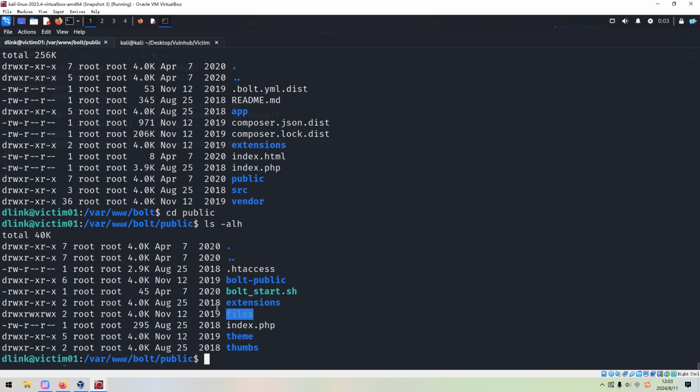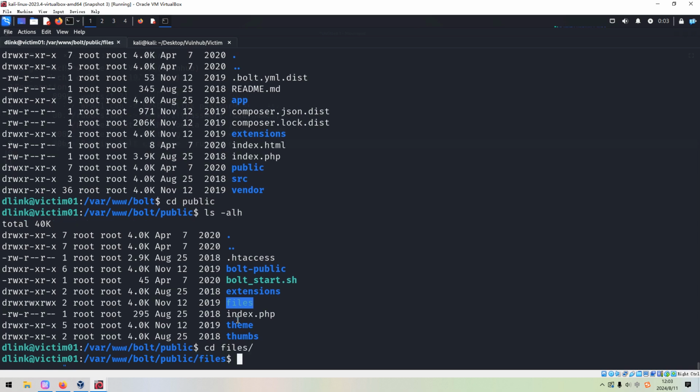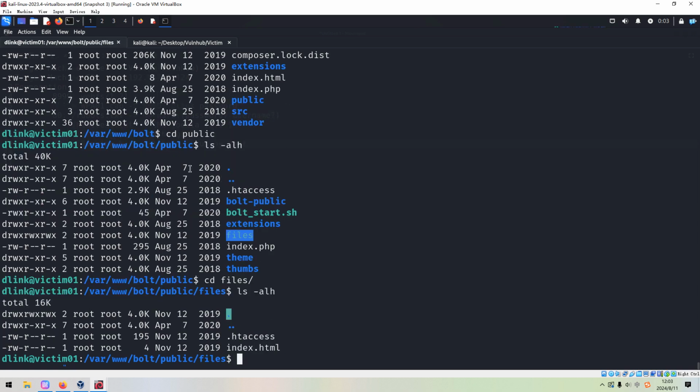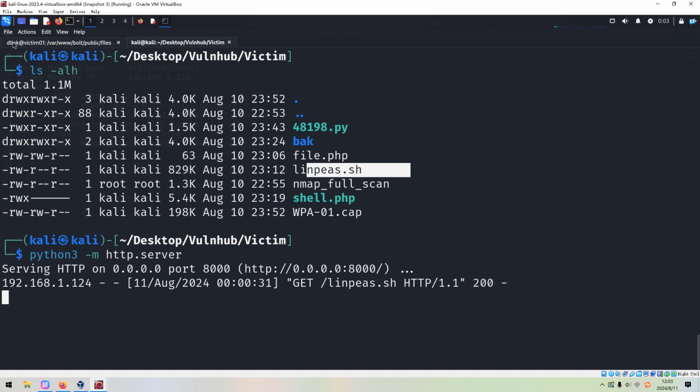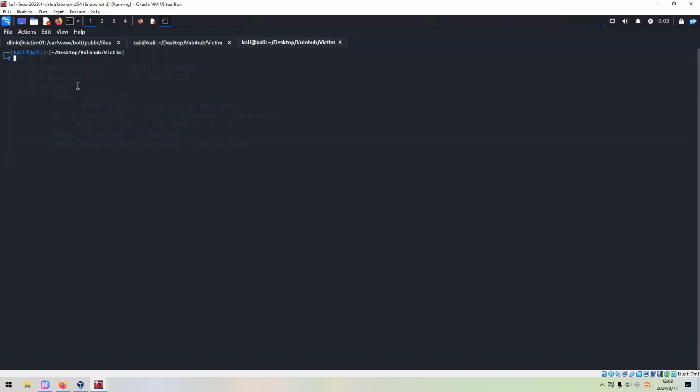So then if we can put some malicious PHP file into the files directory, and then we access this file, I think we can get another shell which belongs to the root user. Let's do it in action, files. Maybe I need to open up another tab.